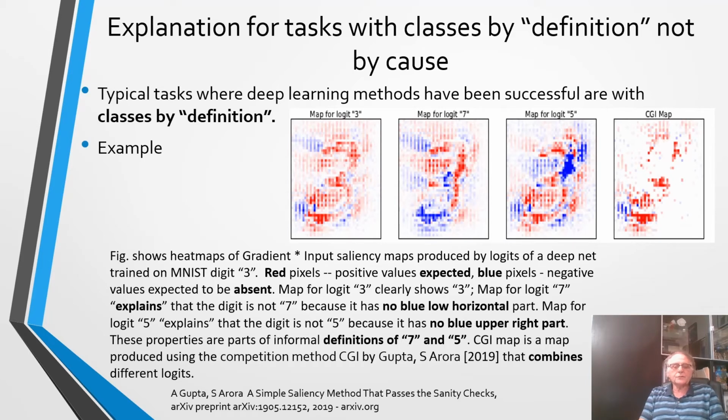The authors of this paper, Gupta and Arora, actually developed new output results, not only by maximum, but by combining outputs. So the output is here, where the most critical characteristics of digit 3 are shown in the middle, in the bottom, and on the top, relative to comparison with 7 and 5, or maybe even more of the cases.